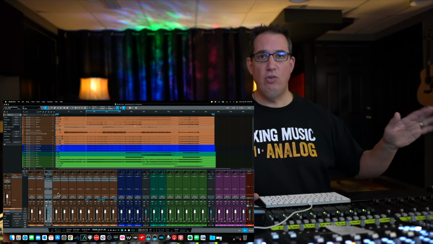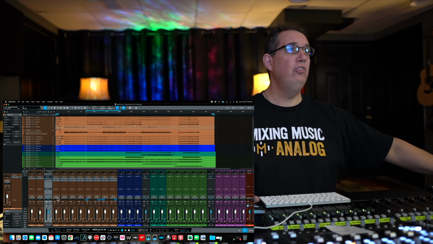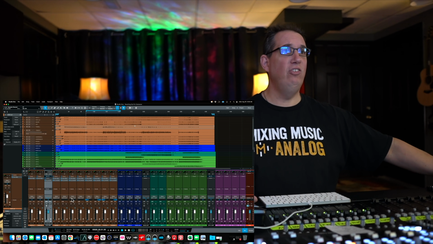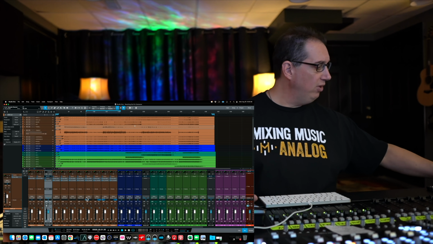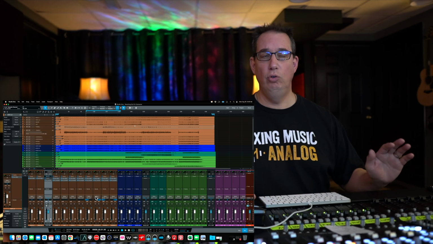And then the rest of the drums are pretty straightforward. We have a snare being routed to the snare outputs coming on the board, hats, toms. We have two toms that we're using on the board, and then we have two overheads left and right and two rooms left and right.